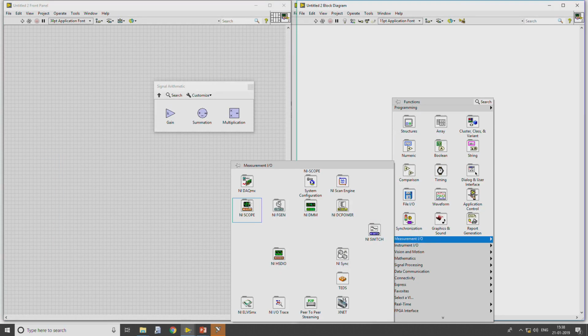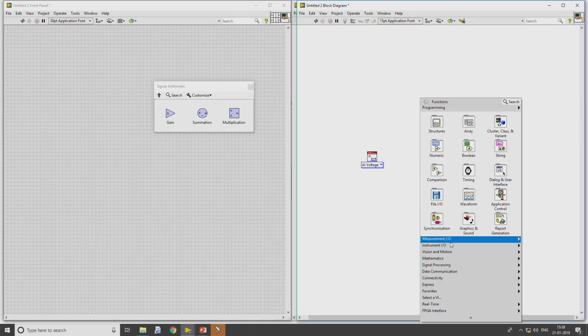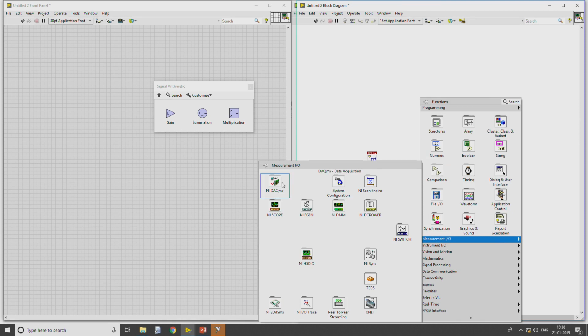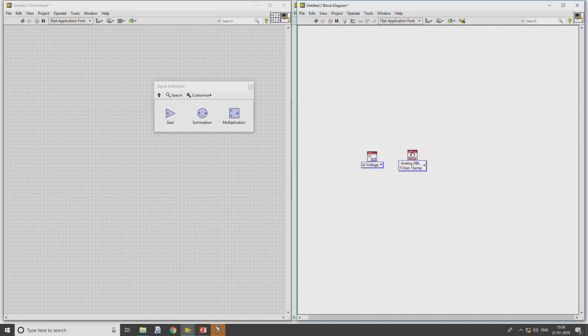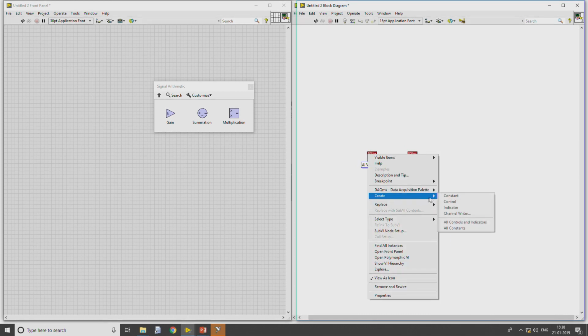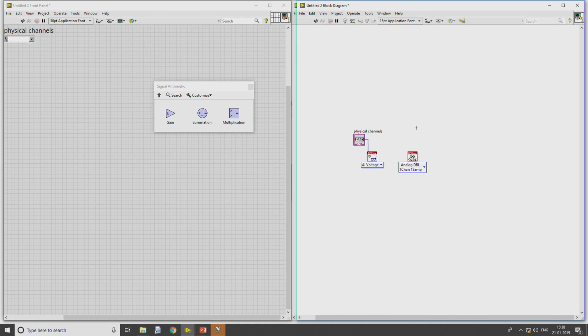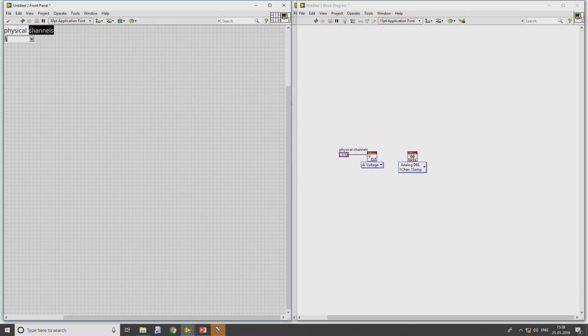In this case I will go to NI, create a channel, and then read the channel, then display it, but which channel? So, for that I will create a physical channel, change it to control, and rename this as sensor channel.